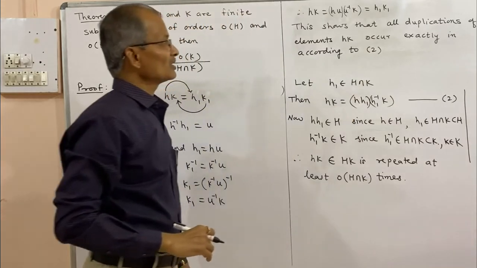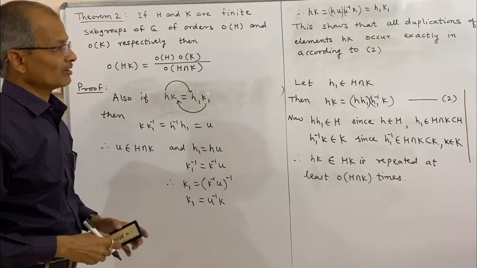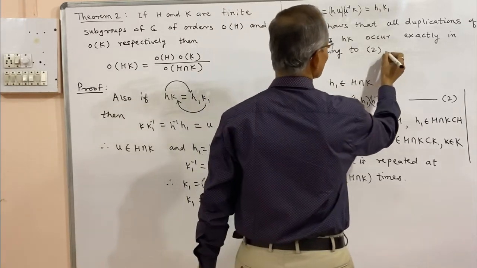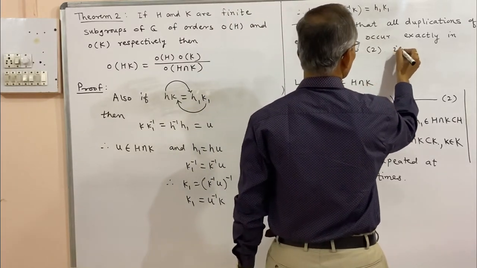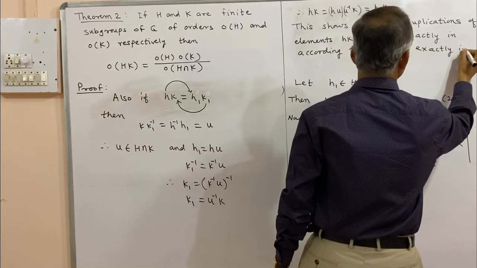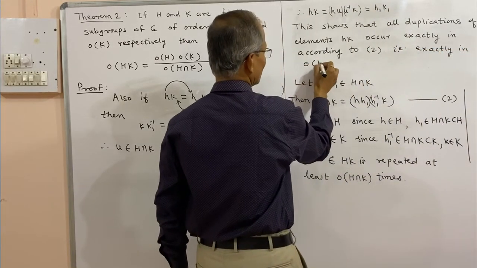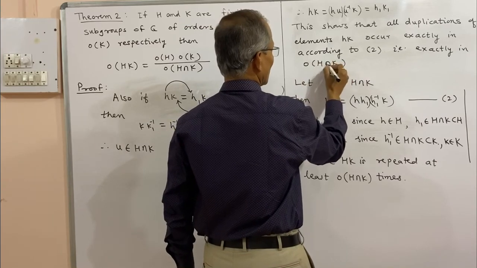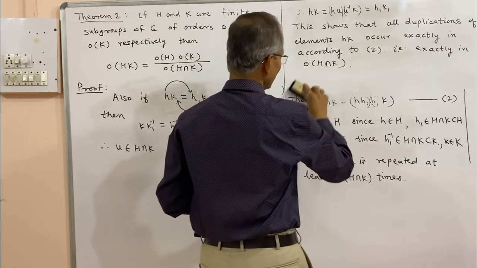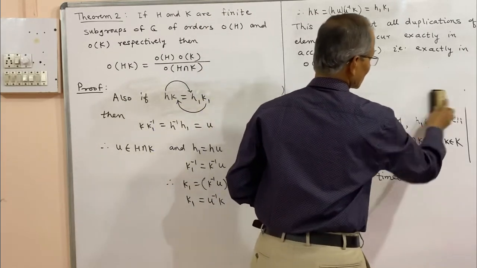And that means duplicate elements occur exactly in order of H intersection K. That is exactly in order of H intersection K, and thus distinct elements. So duplicate elements occur order of H intersection K times,